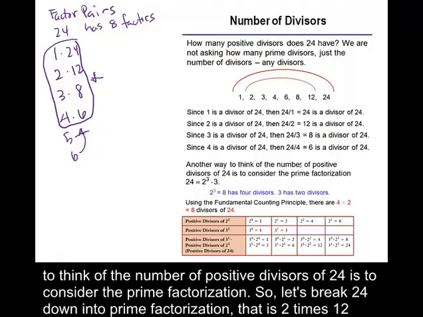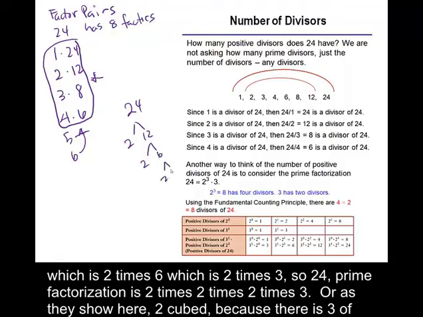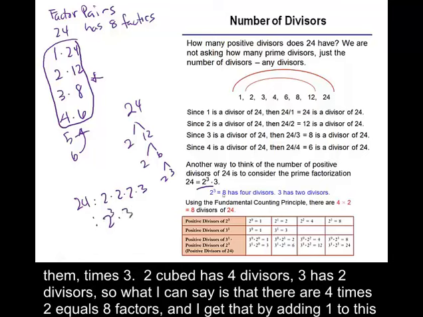Another way to think of the number of positive divisors of 24 is to consider the prime factorization. So let's break 24 down into its prime factorization. That's 2 times 12, which is 2 times 6, which is 2 times 3. So the prime factorization of 24 is 2 times 2 times 2 times 3, or as they show here, 2 cubed, because there are 3 of them, times 3. 2 cubed has 4 divisors. 3 has 2 divisors. So what I can say is that there are 4 times 2